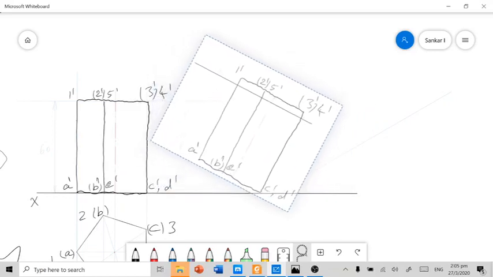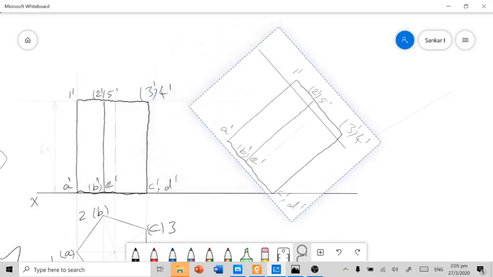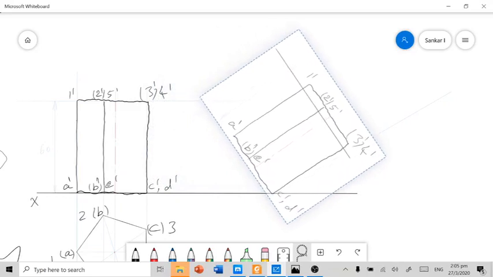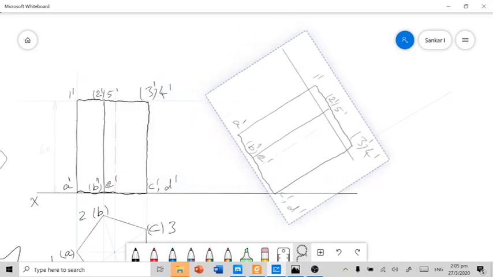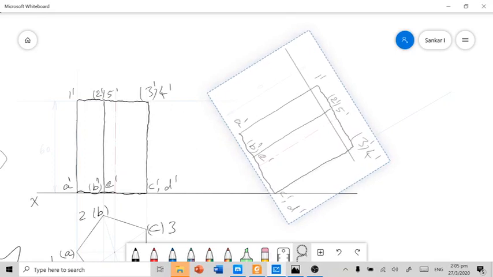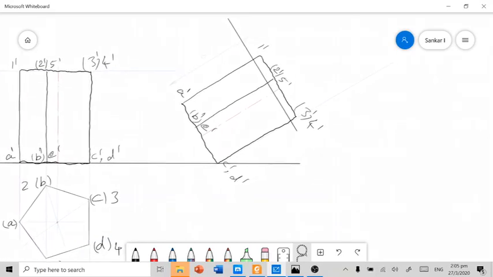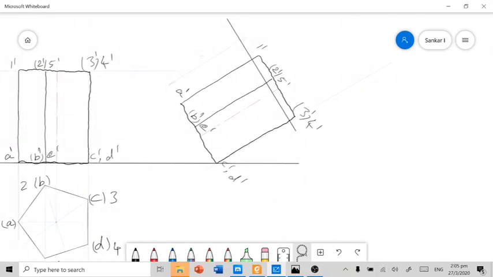Just make this inclined at 30 degrees to HP with the help of this pilot line. This is our task to complete. There is more unnecessary line here. Let me rub off this line.